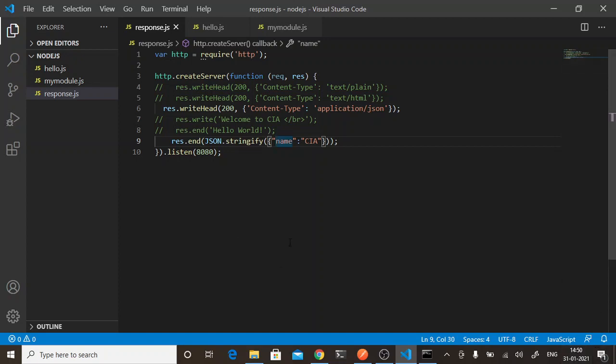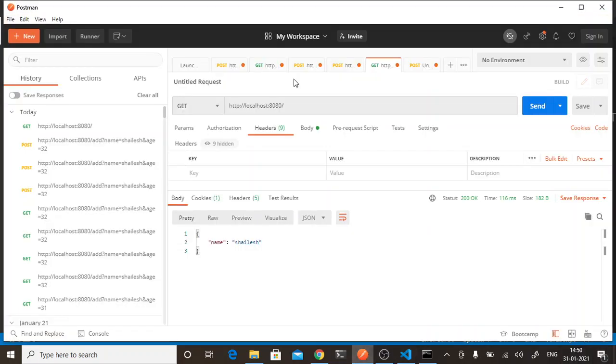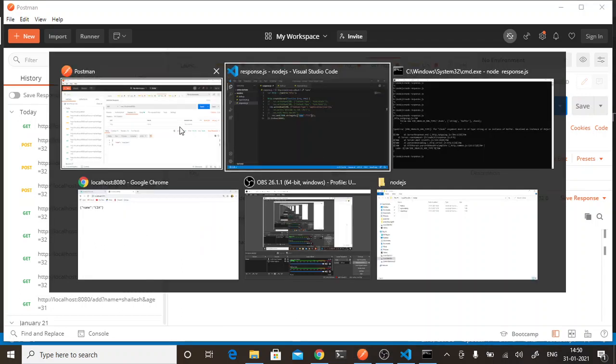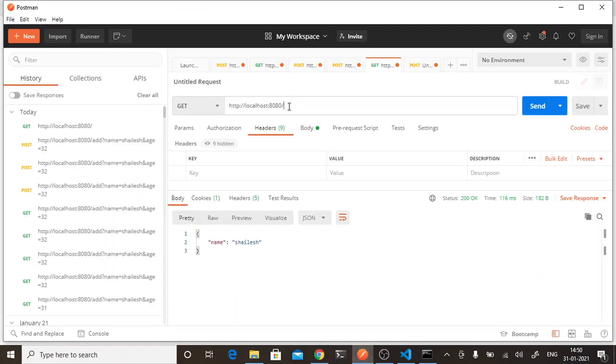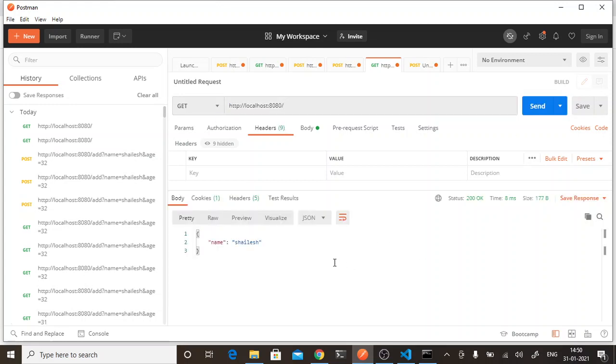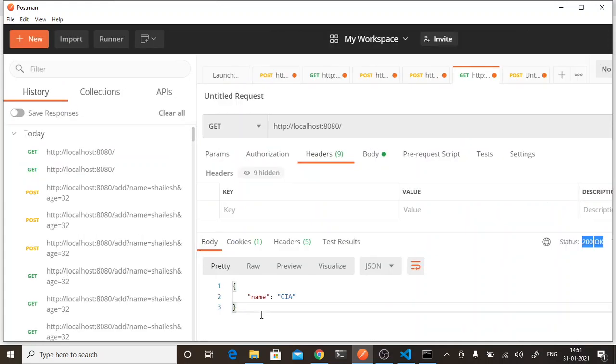But if you go to Postman and check it out, it is coming in the form of an object, that is JSON form, and not the string form.